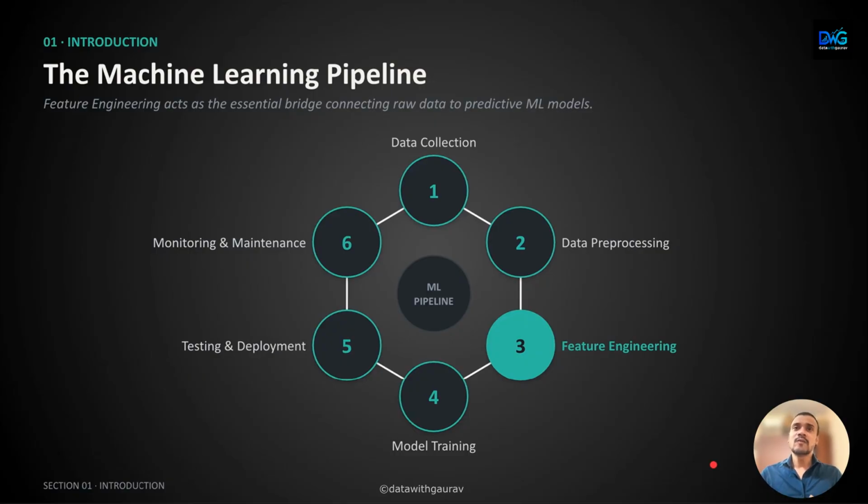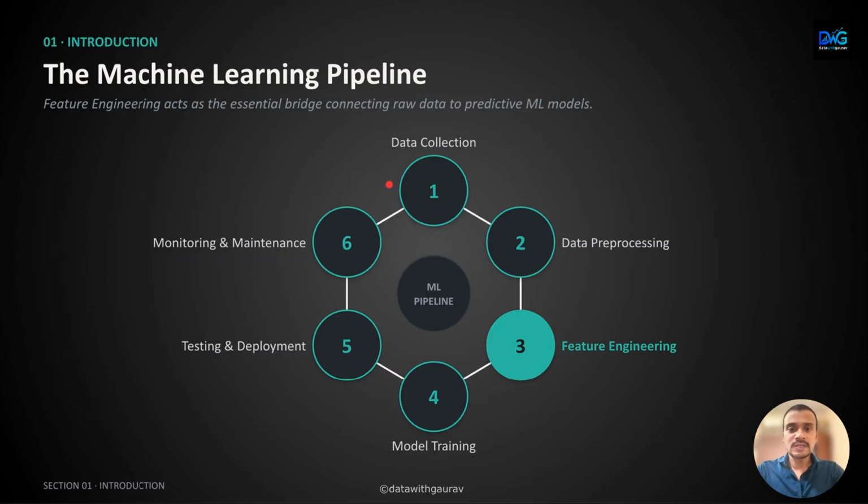So now that we understand what features are, the next obvious question is, where does feature engineering fit into the entire machine learning workflow? To answer that, let's look at the machine learning pipeline itself. Now, think of this pipeline as the journey that takes us from raw data to a machine learning model that can solve real world problems. While the steps happen in sequence, the process itself is continuous. As new data becomes available, we revisit and improve the model, making the pipeline a cycle rather than a one